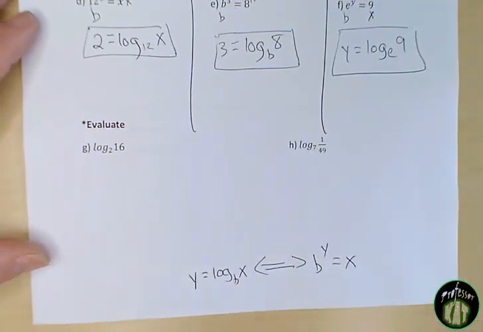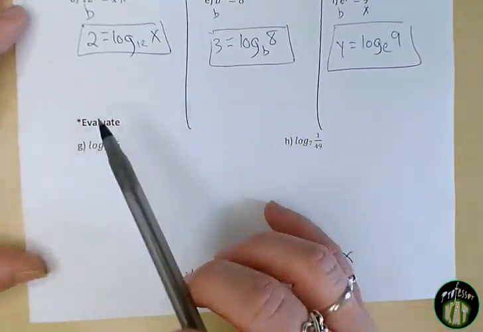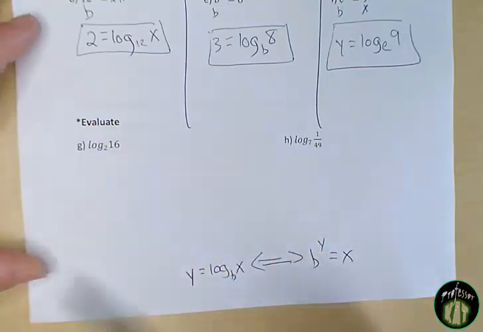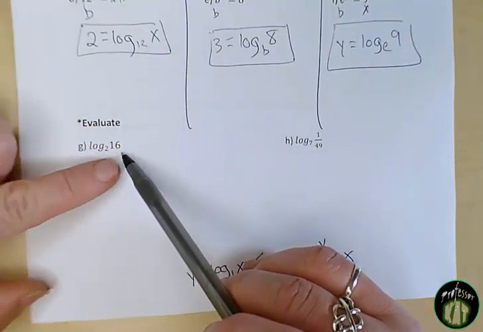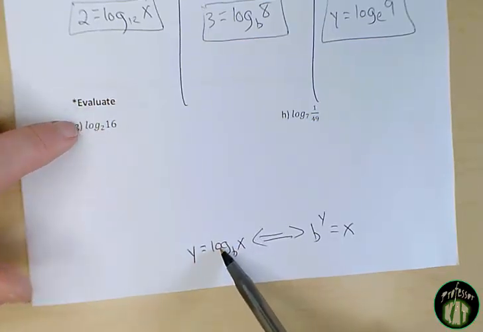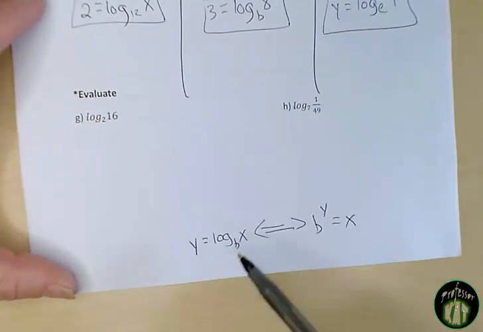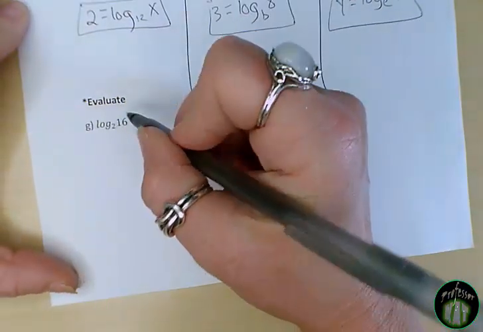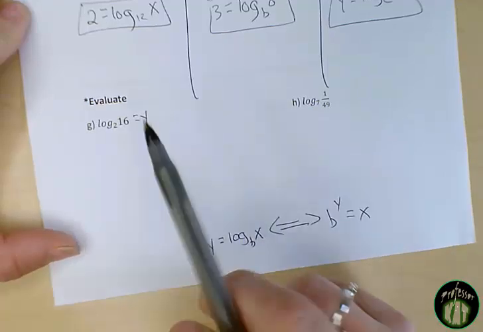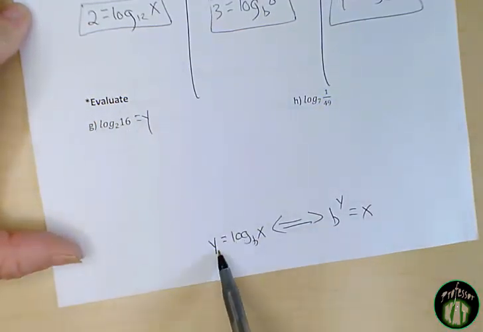So when we evaluate logs, right, so we're given here log base 2 of 16, and we need to evaluate this and figure out what this actually equals to. All right, so it's given to us in logarithmic form, so the first thing I do is match it up to the logarithmic form. And I have log base b of my x. The only thing that's missing is the equals y. So keep in mind that that is what we're solving for. We're trying to figure out what this equals, so go ahead and just set it equal to y so it's